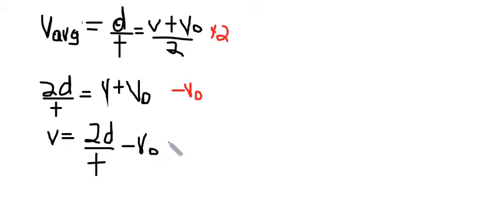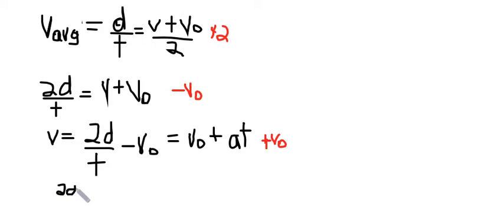But I also know that v equals v0 plus at. Right? That was the kinematic equation I just came up with from the last slide. V equals v0 plus at. So now I can equate these two and solve for d. Well, first I'm going to add v0 to each side. Then I'm going to wind up with